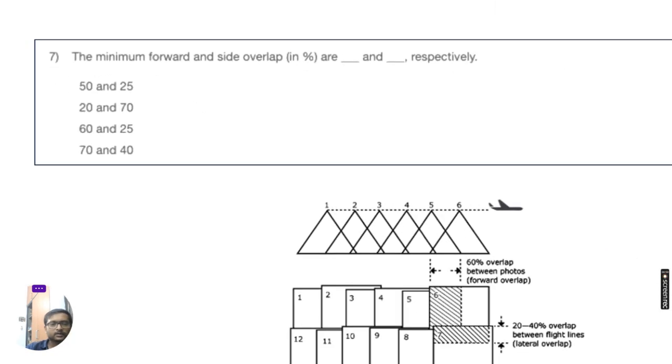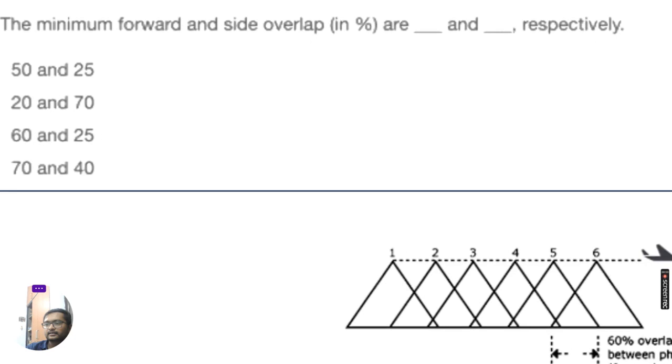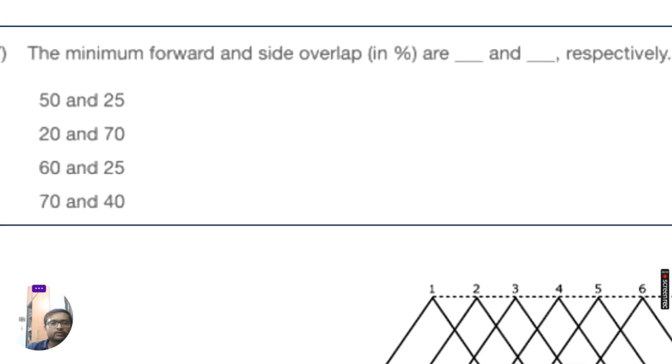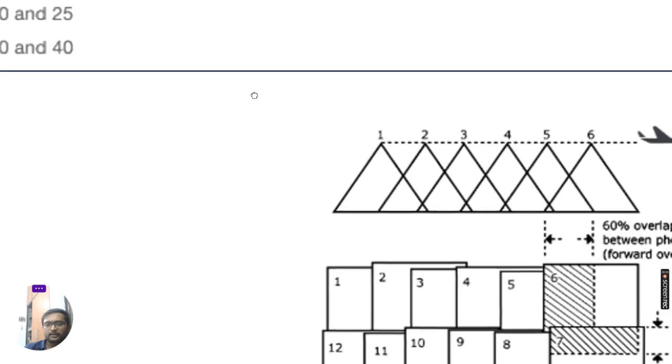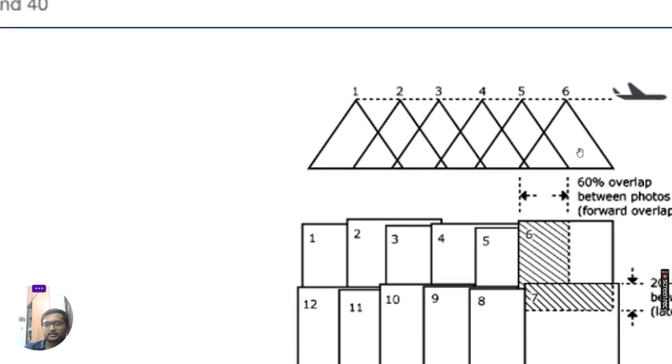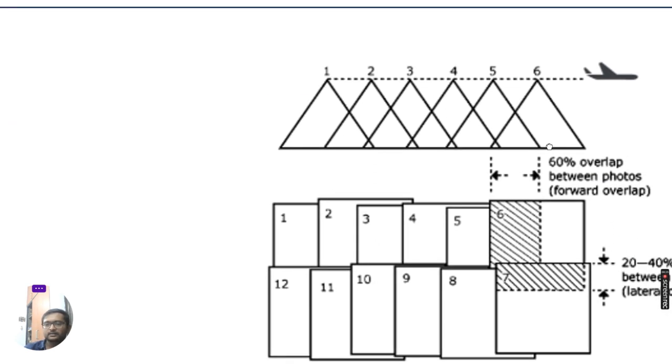So now the next question is the minimum forward and side overlap which is acceptable while doing the scanning through the camera or the drones. So how much overlap is needed? There are two terms over here. First one is forward and side. Forward overlap means you are capturing the